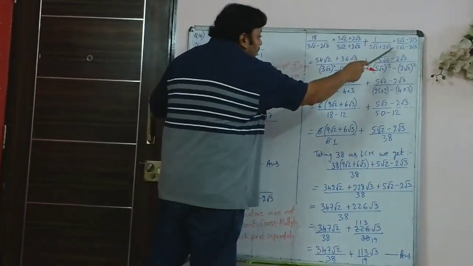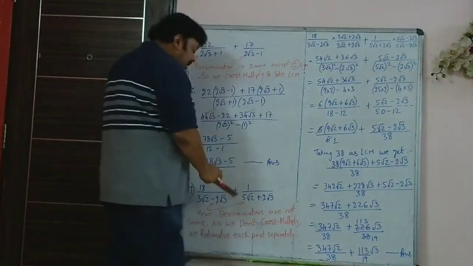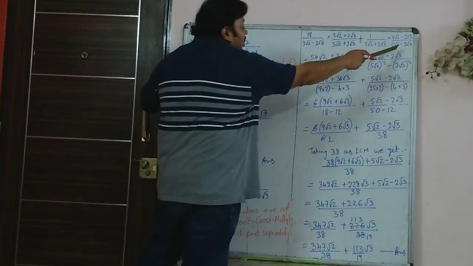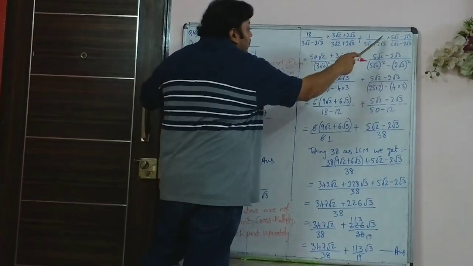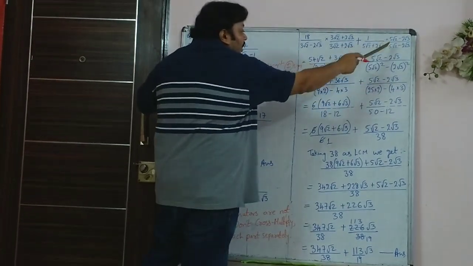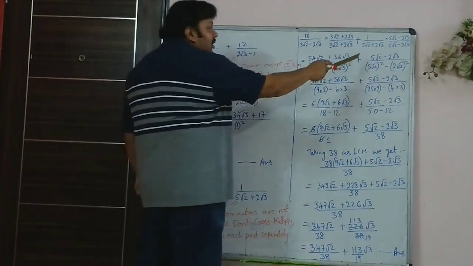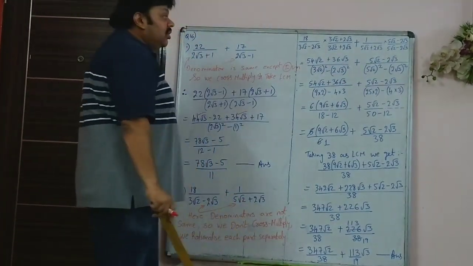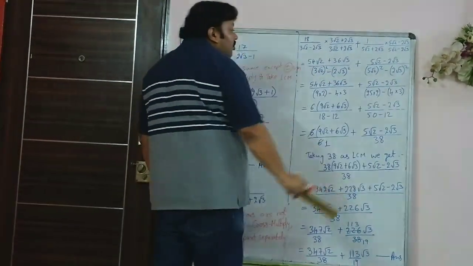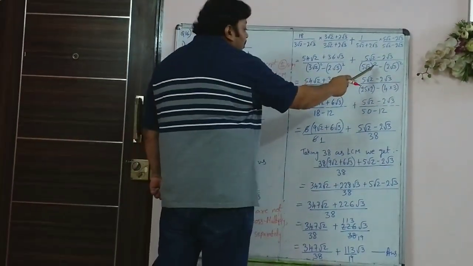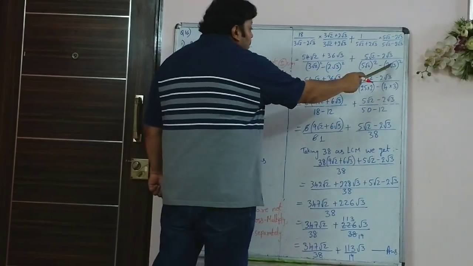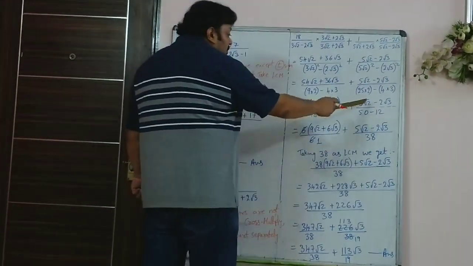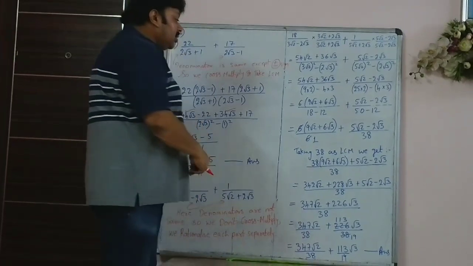And there, the second term, the same number with the plus sign. So I multiply and divide by the same number but with the other sign. So it was plus, so I take minus. So 5 root 2 minus 2 root 3, and the denominator is 5 root 2 the whole squared minus 2 root 3 the whole squared. The numerator is 5 root 2 minus 2 root 3. This becomes 25 into 2, which is 50, and this becomes 4 into 3, which is 12. So it becomes 38. So 5 root 2 minus 2 root 3 upon 38.